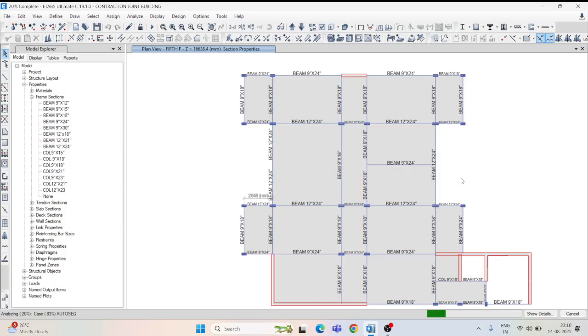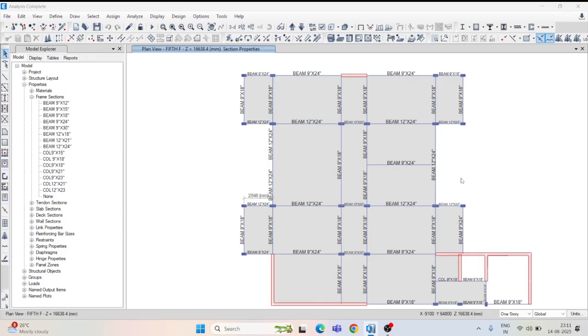After completing this, we'll go for the creep analysis for the long term deflections. In that also we'll have to check the deflections. Suppose you are taking the creep coefficient, then there is no need to check the creep analysis. And suppose you are taking the creep analysis for the long term deflections, then there is no need to go for the creep coefficients. At a moment in structures, you can go for either creep coefficients or creep analysis. Okay, so it's going to be completed.